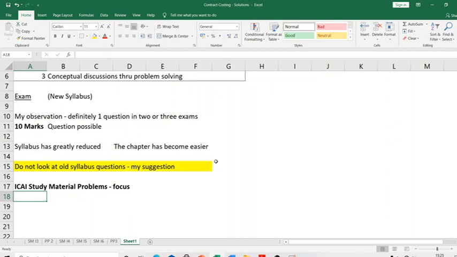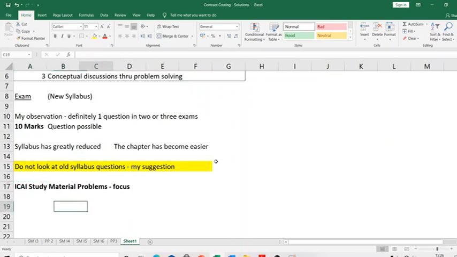In fact, you will see that after watching this lecture, if you take an RTP question or an ICAI exam question to practice, you will see how easy it will be for you if you have understood the study material problem thoroughly, right? So that's something I'm going to say. I'm going to restrict myself only to ICAI study material problems. That is more than sufficient as far as getting a good grip on this topic is concerned.